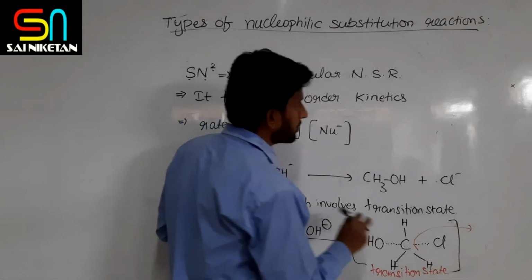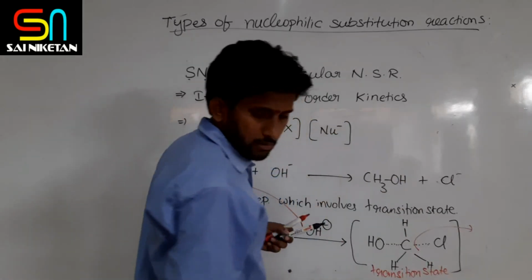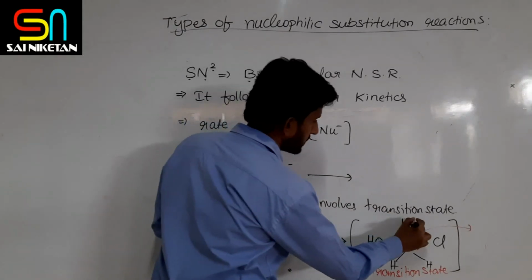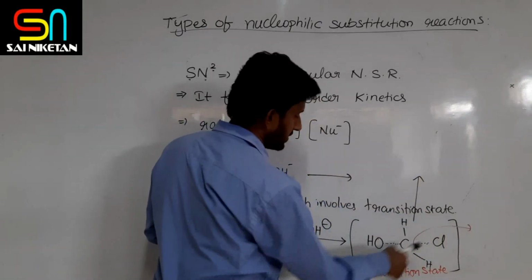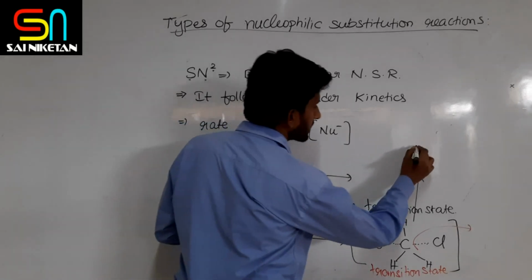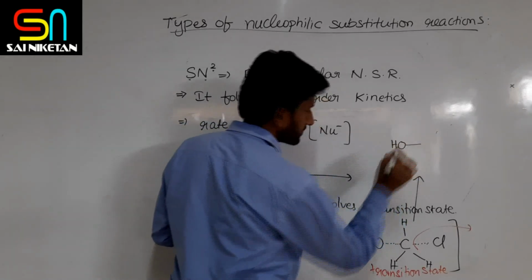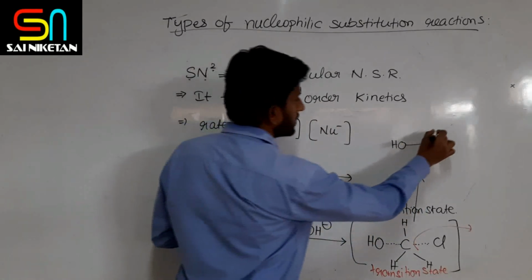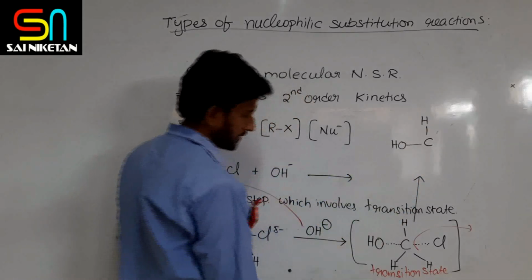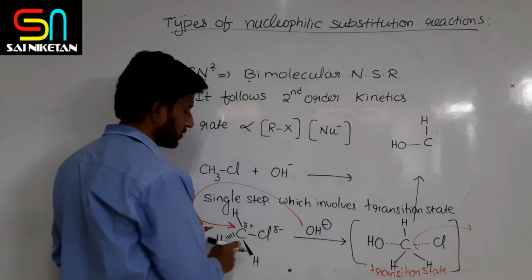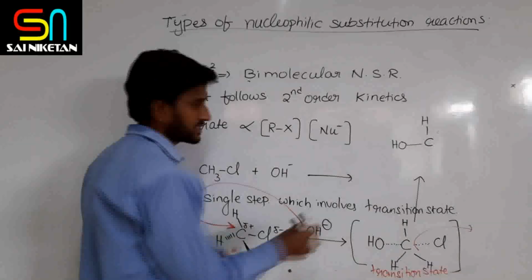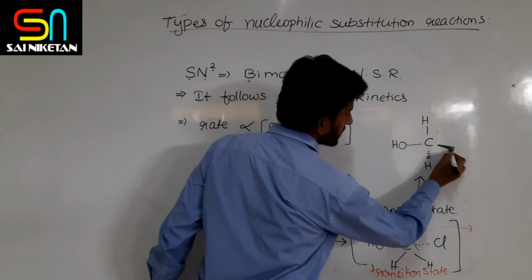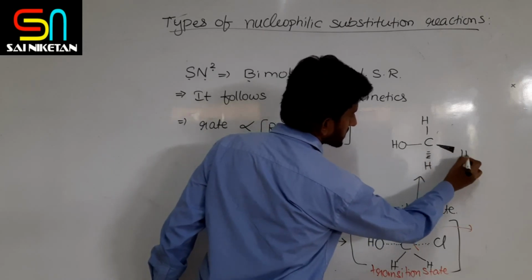So you get a compound. I'll draw it above. If I continue like this, Cl is eliminated. So I'll get the compound like this. OH this side I will get, right? OH is this side, and the carbon is with one hydrogen atom and 2 more hydrogen atoms. These hydrogen atoms will remain in the same state. That is, one hydrogen is dotted, away from the observer, and one hydrogen is towards the observer.